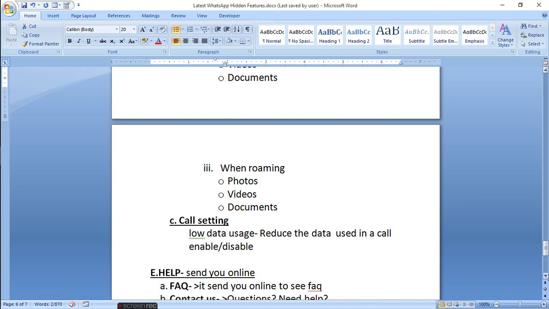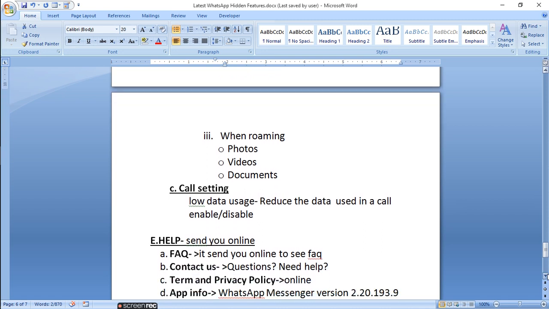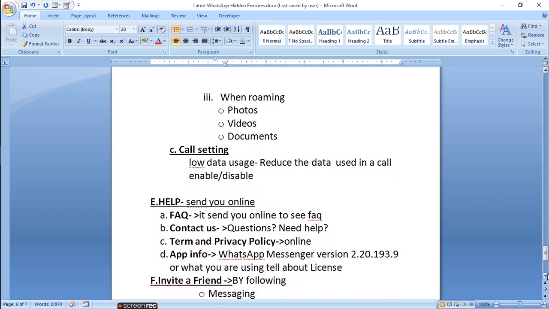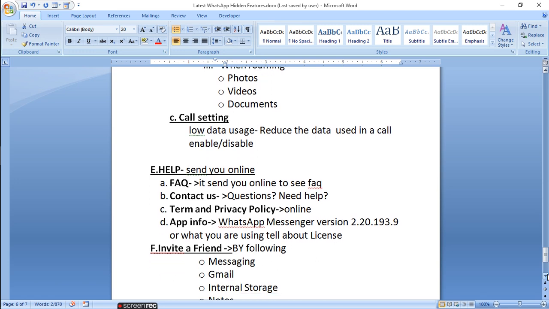Then help, it sends you online. There are so many facilities, that is the FAQ, frequently asked questions. As you press it, it will send you online.